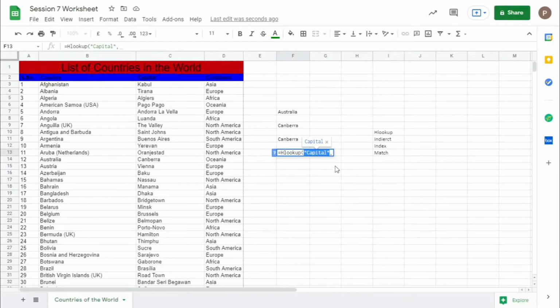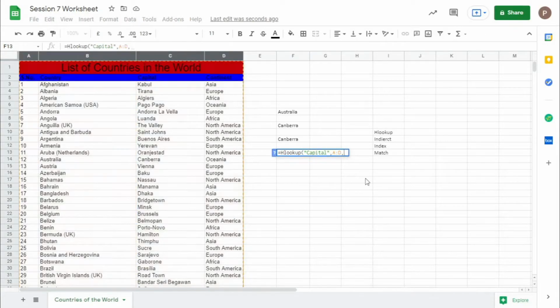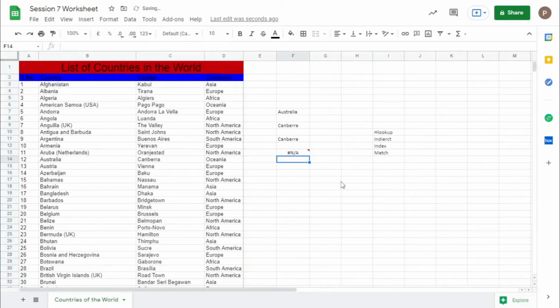Since we want to search capital, we type capital here, and next select the range A to D, comma. Here it will ask which row to select in that particular range. Let's select A, comma, and I want an exact match, so here you have to go to 0.